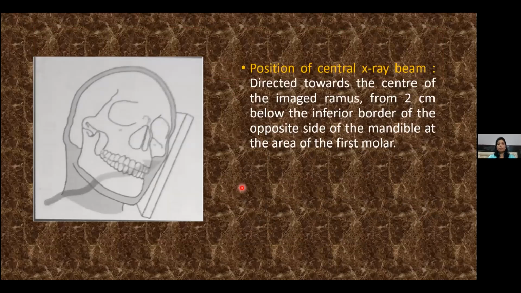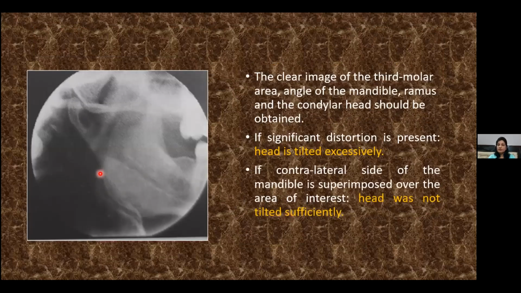So mandible is protruded. Central X-ray is directed 2 centimeters below from the inferior border of the mandible of the opposite side, but it is directed in the molar region. There it was directed in the premolar region. So the only difference is that you have just angulated the central X-ray slightly posteriorly. Okay, everything else remains same. So what you get? You get ramus. So this is lateral oblique ramus projection. Can you see the ramus?